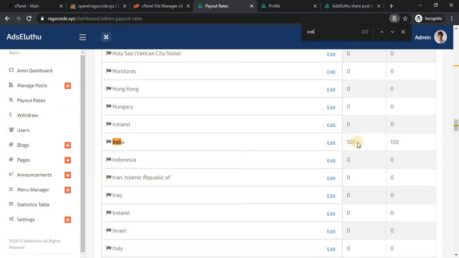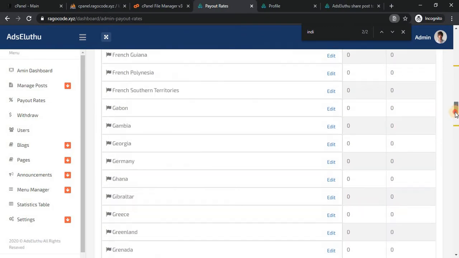The owner of the post, the creator, earns 100, and then users coming through the desktop, the owner of the post creator earns 150.